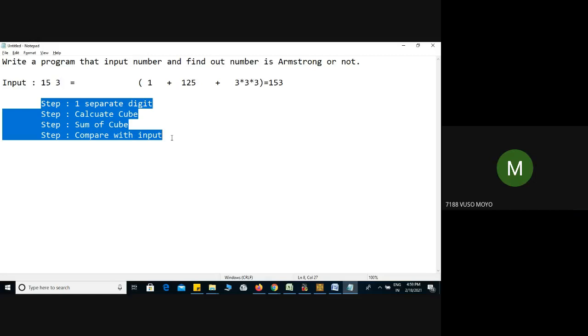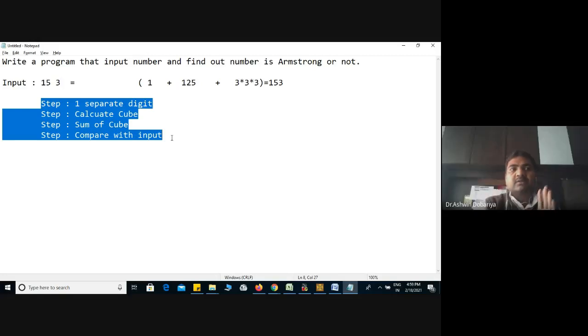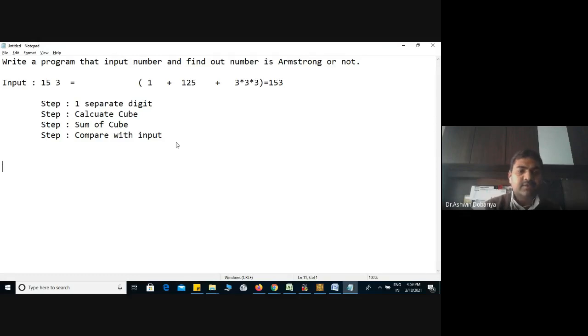So say, if I input a value like 235, tell me whether 235 is an Armstrong number or not. First, what is the cube of 2? 8. And the cube of 3 is 27, and the cube of 5 is 125.